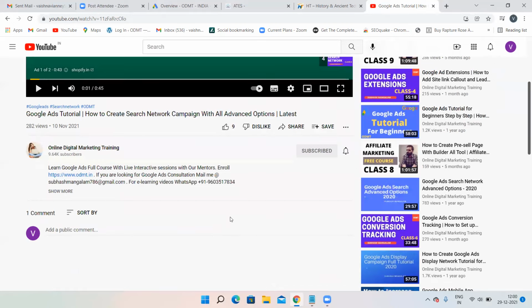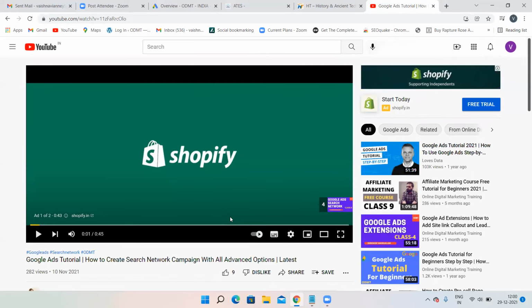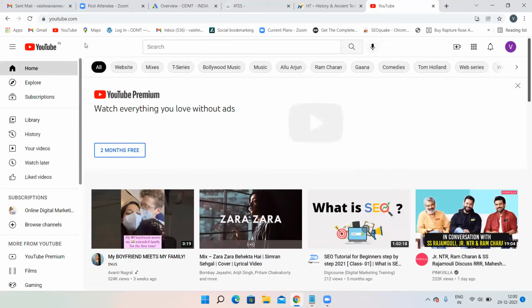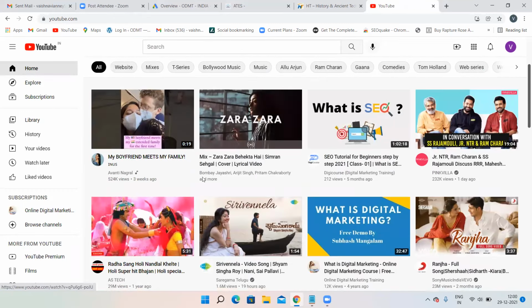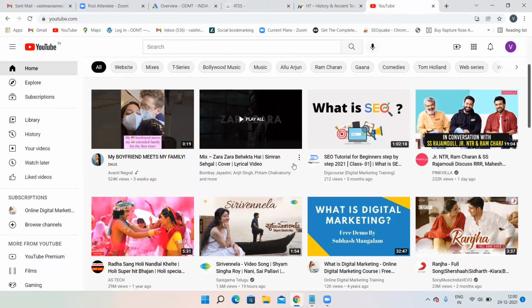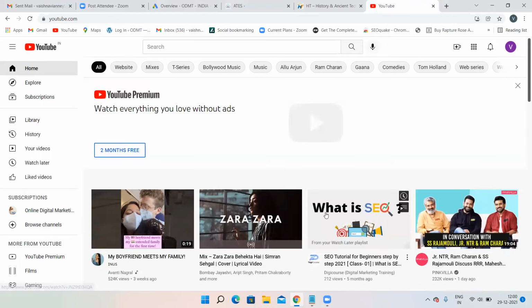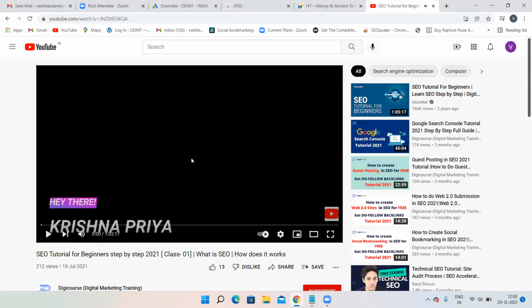Now some ads will appear on the right side under the suggestions, or under the videos. If you open on a mobile phone, under the particular video also, some advertisements will be appearing. And sometimes some advertisements will appear over here also. If you open YouTube, some advertisements might appear here. These are different advertisements based on the YouTube video network. Under the suggestions, some video will appear, or if you open a particular video, then some advertisement might appear.